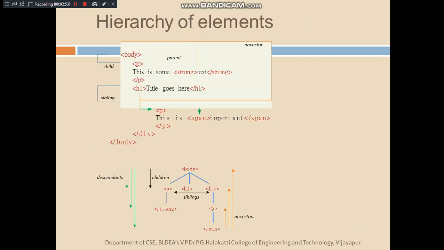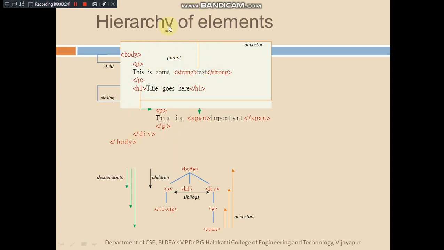Let me explain about nesting and hierarchy of elements with this example. Let us take a simple example here. As you can observe in this text box, there is a body tag. Inside that we have a paragraph tag, and this is the content of the paragraph, and some part of the content of the paragraph is displayed in strong, that is, its appearance is made bold and highlighted. We are closing the paragraph. We have a heading tag. Again there is a paragraph. Some more tags are used here.